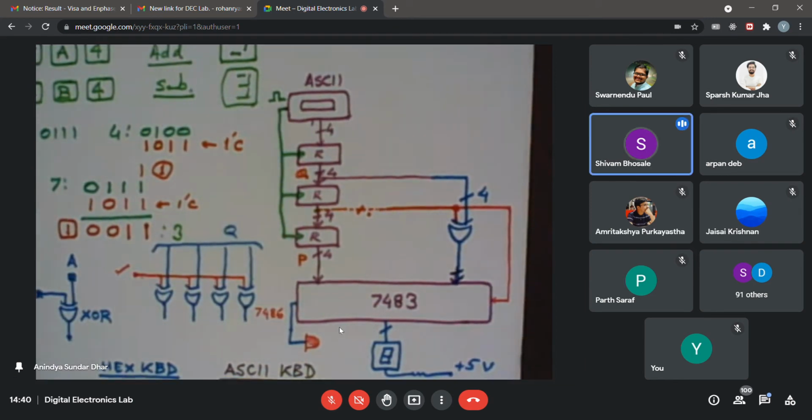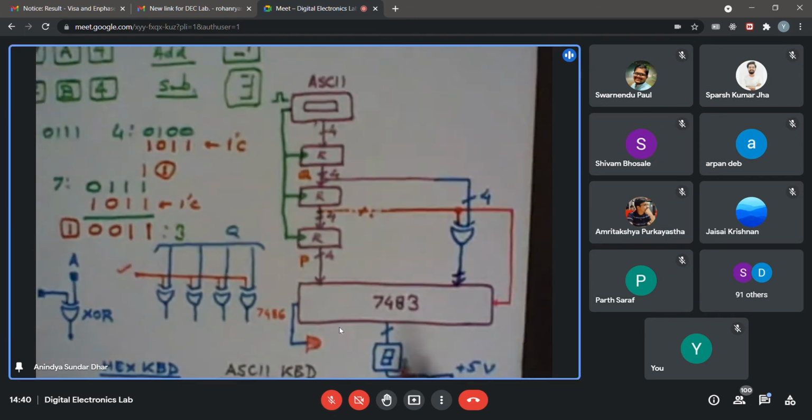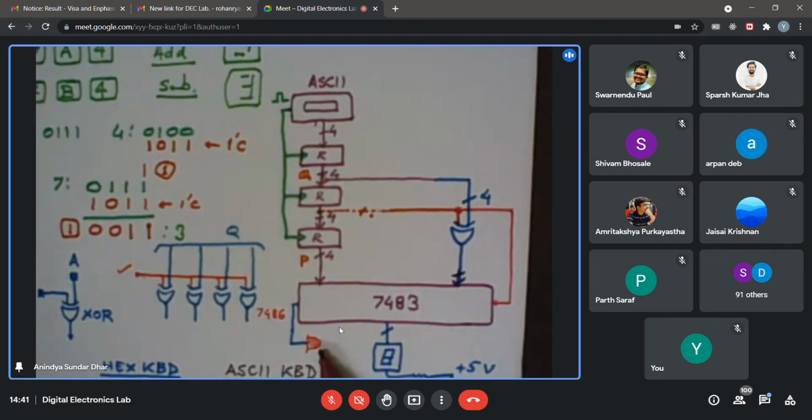We'll get the 2's complement of the answer, right? Okay, but in that case, how do I know whether I need to do a 2's complement of what I am finding, or whether that is the actual result? If the complement is added and a carry bit is not generated, then the answer is negative. Right. So in that case, this carry lamp will not light up if the answer is negative.